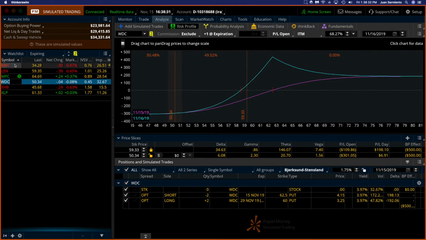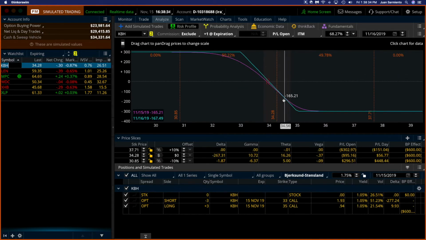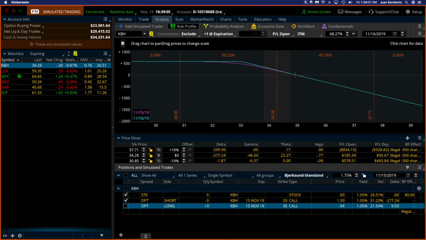Okay, so let's go through this. KBH, as you can see here, ended up in the middle, and it's expiring today. So what happens then? Well, there is an option in the money and an option out of the money. The one that is in the money is the one that I sold right here. So that means that this November 35 call will simply disappear. It's worthless. And that's what you have. But you have now 300 short shares